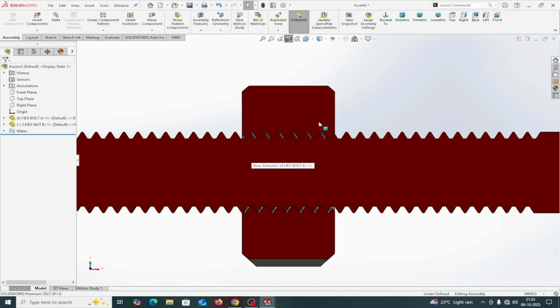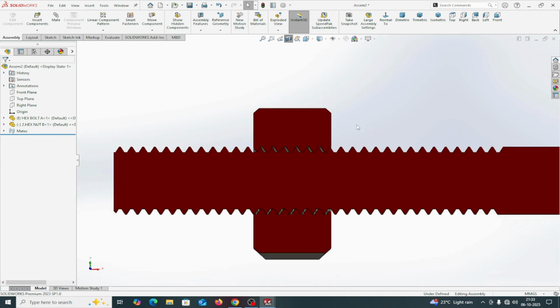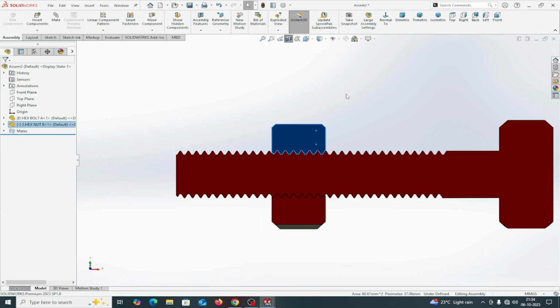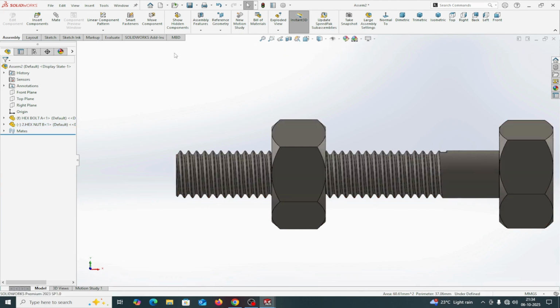now we will create a thread screw relation. For that, firstly the thread should be adjusted in such a way of nut and bolt that there should be no interference between the threads. I think this is okay position. This is okay. And now this one, axis,